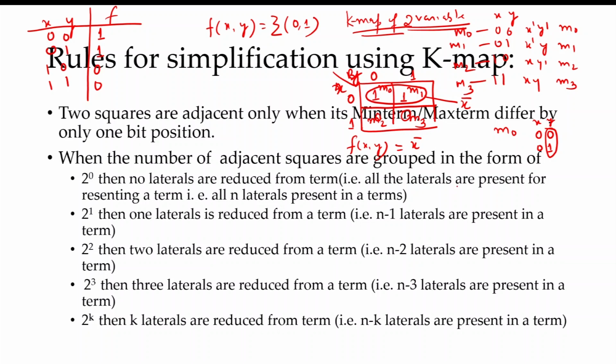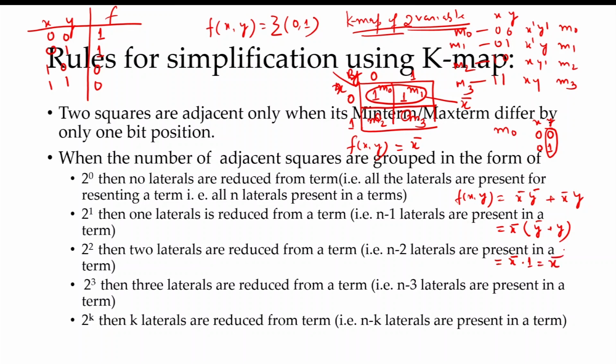Like here, we use the laws of Boolean algebra for simplifying the same function. So f of xy is represented as x complement y complement plus x complement y. What happens here, when we take x complement as common, this is y complement plus y, by the distributive law. And by the theorems of Boolean algebra, y plus y complement always gives 1, and when 1 is multiplied with any variable, what is the output?